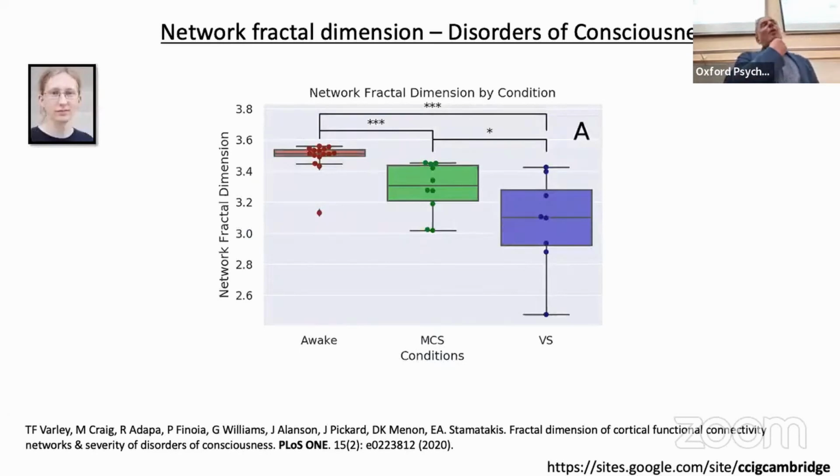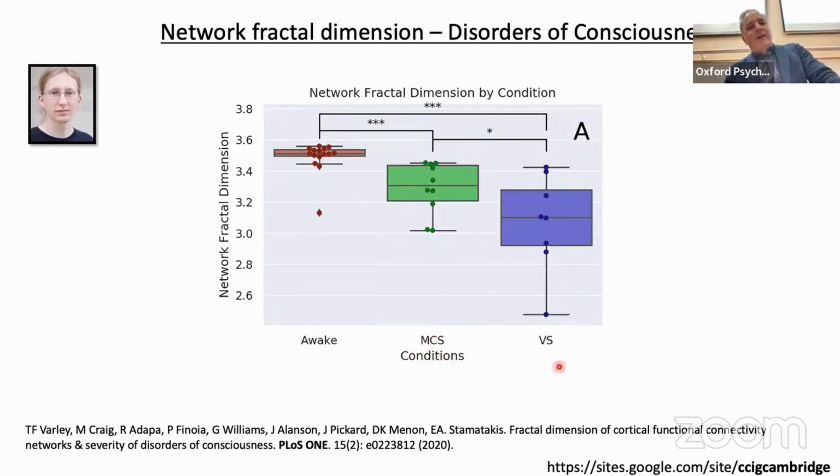And of course, we did this in a slightly different way. Theories from physics suggest and have shown that the nearer to criticality a system is, in this case the brain, the more fractal it becomes. So Thomas suggested, why don't we look at fractal dimension in the brains of these patients who have disorders of consciousness? The difference here is these people appear to be awake, but they don't really communicate, minimally conscious, and